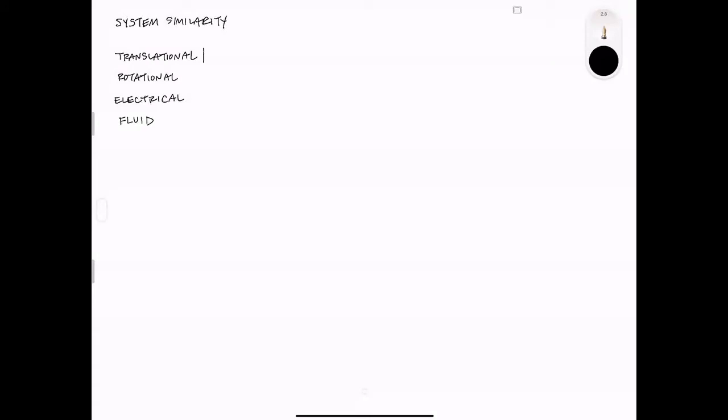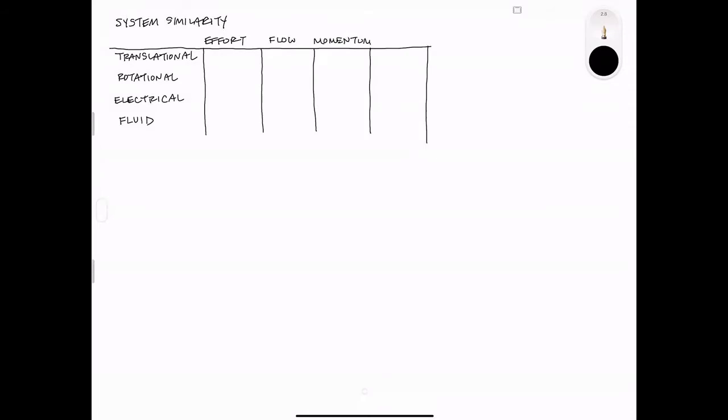And we're going to develop a little chart right here, so I'm going to make a couple of different columns. I'm going to label this first one effort, and we'll talk about it in a second. Flow, momentum, and this one is displacement. And we're going to break these up into 2 categories. The ones on the right are called energy variables, and the ones on the left are